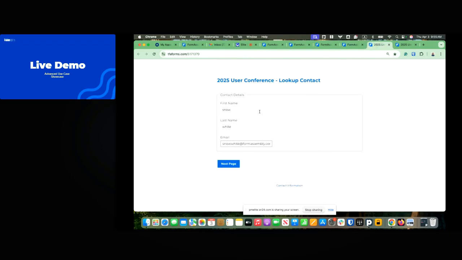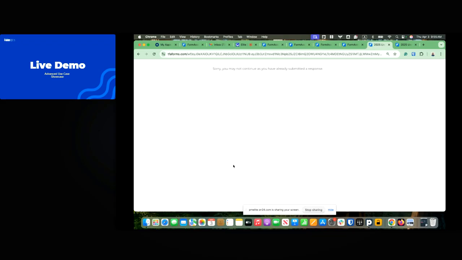Here, I have Snow White. She has already registered for the conference before. She has already filled out the full registration form before. And now she's trying to register for the second time. After she puts in this information and clicks the submit button, what do you think she will see? She will see this customized error message telling her, "Sorry, you may not continue as you have already submitted